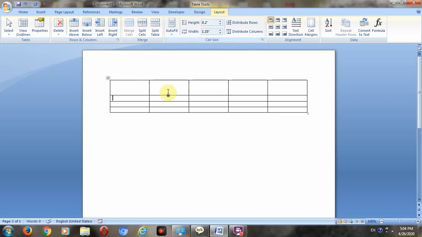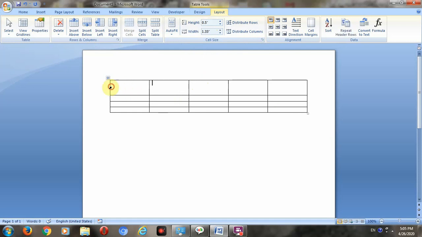Next is how to merge the cells. Say, for example, for some reason, an annual report or annual result, you want a whole row, not separate cells like this. So for this you want to merge cells.